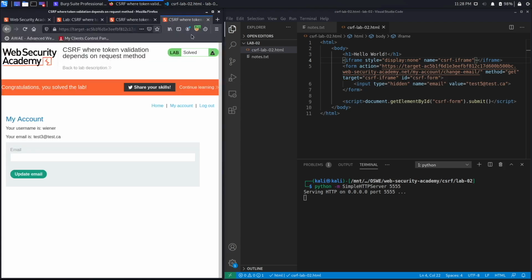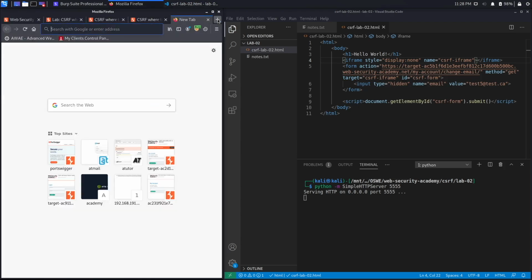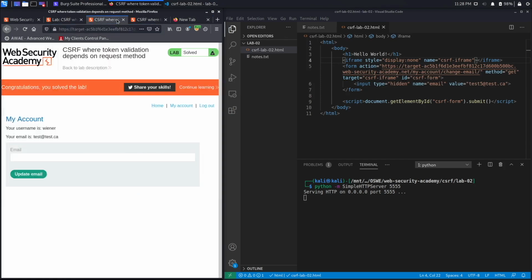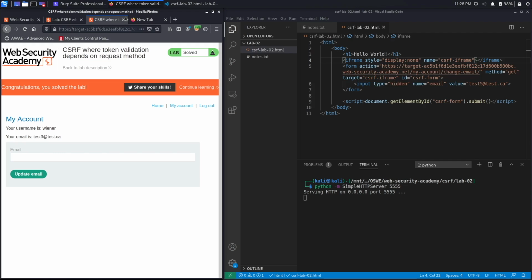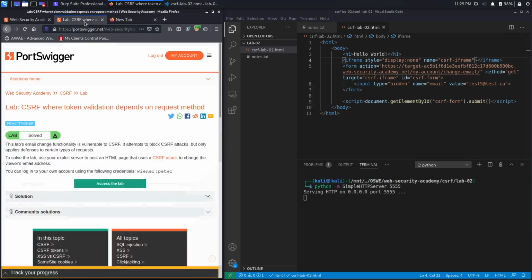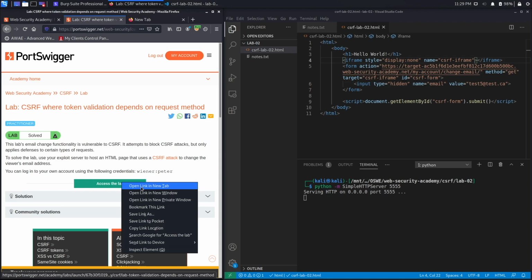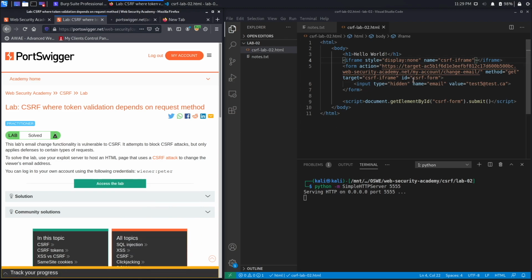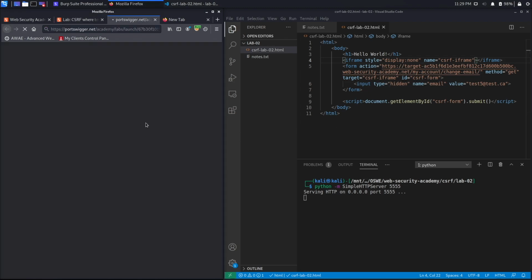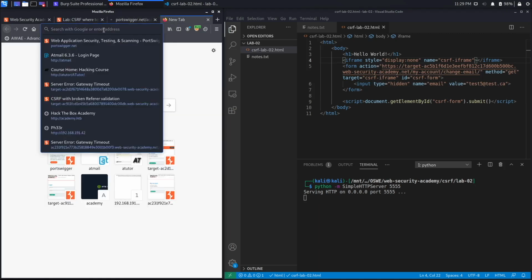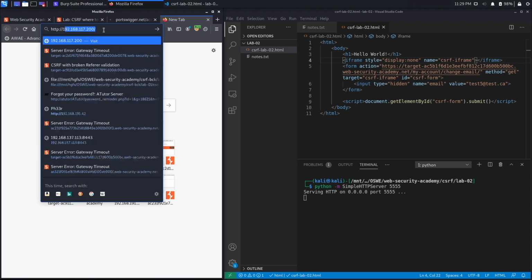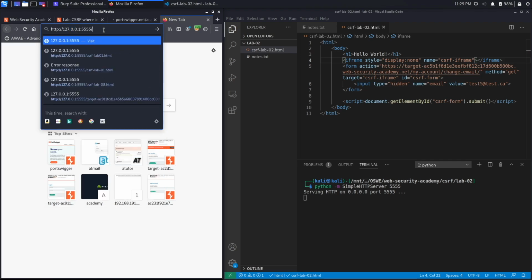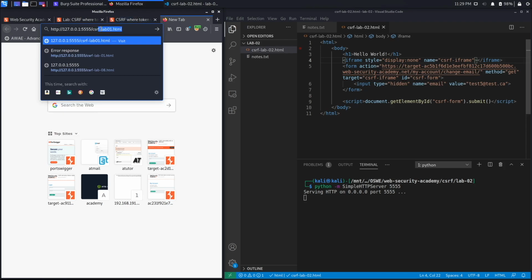So to access that, we're going to click here, and the lab might have timed out, so let's just double check that. And it did. So we need to close this off. Go back and generate a new instance of the lab because we need to add it over here or else it won't work. While this loads, let's set up our phishing link. So it would be HTTP 127.0.0.1, again, port 5555, and then the name of the script, which is CSRF lab